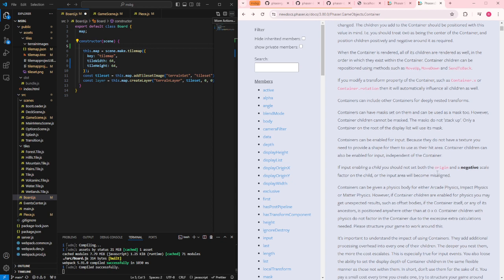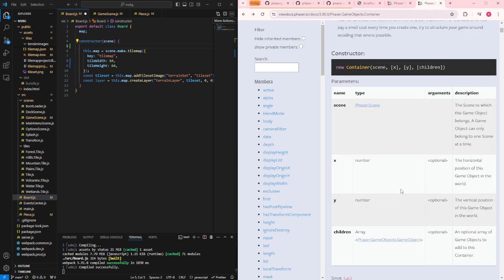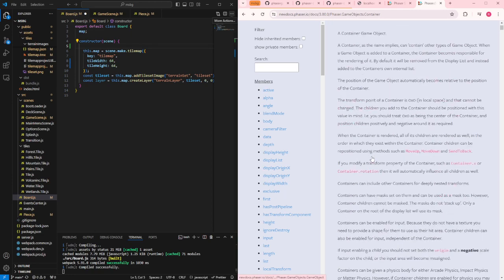Containers can be given physics. Understand the impact. They add additional processing overhead into every one of their children. The deeper you nest them, the more the cost escalates. So I shouldn't really use them. But how about